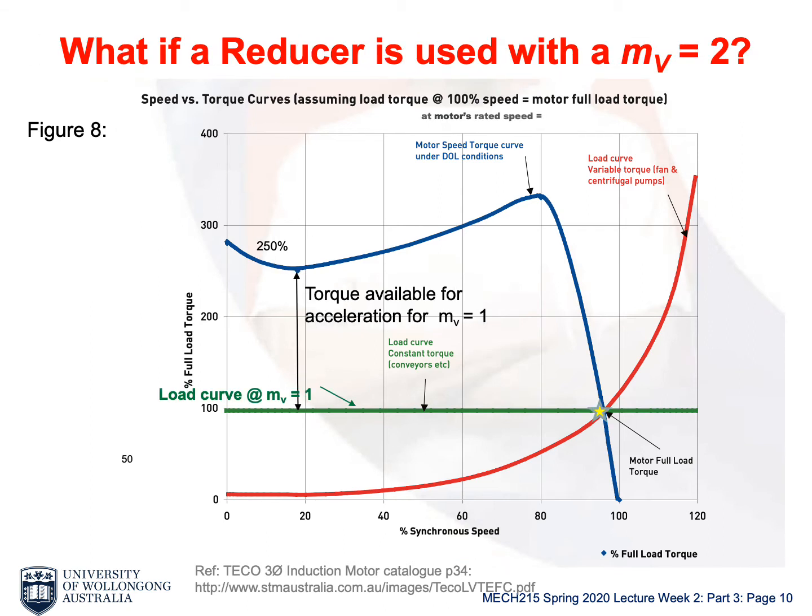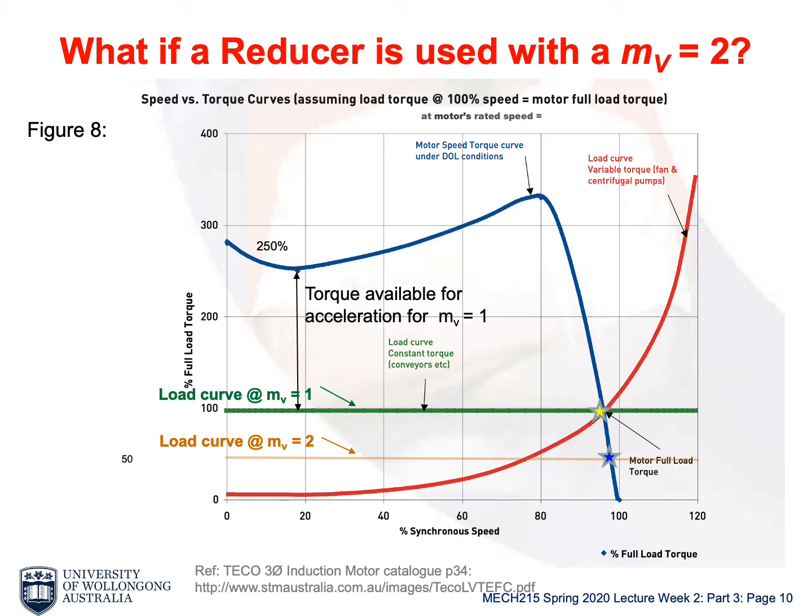What if in that condition it will take too long for the motor to start up, and then it will generate too much heat? What can we do in this case? We can actually increase the gear ratio, from say 1 to 2. In that case, we just double the gear ratio. Our speed will be slower, so we have to choose a higher speed motor. But in that case also, the load curve will be only 50% compared to 100% in the previous case. So we get an extra 50% of the torque to use to start up. The motor will balance at a